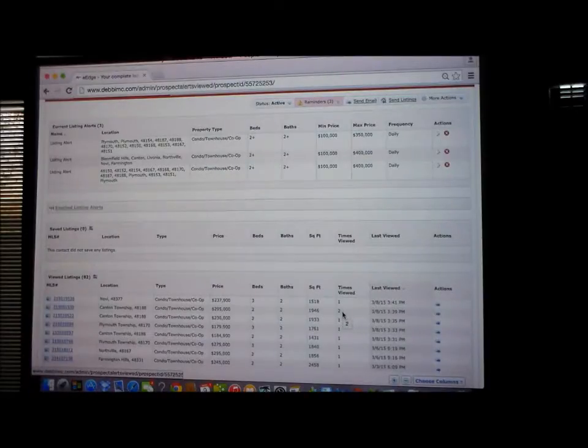So I know when he's opening it, how often he's there, how many properties on average he's looking at, and it would give me an opportunity to send him an email from there, or I can actually send an email from here. I could send listings from here. I can actually schedule a reminder from here so that I go back and check to see if he opened the ones I sent him. So pretty interactive, and this is eEdge Pro, or Market Leader Pro. It's about a $50 upgrade,